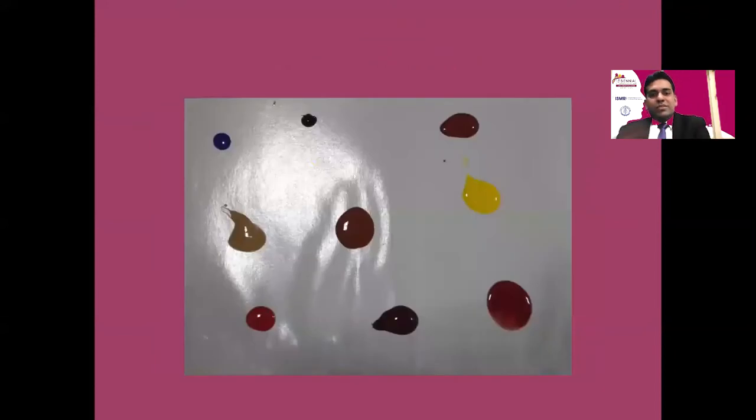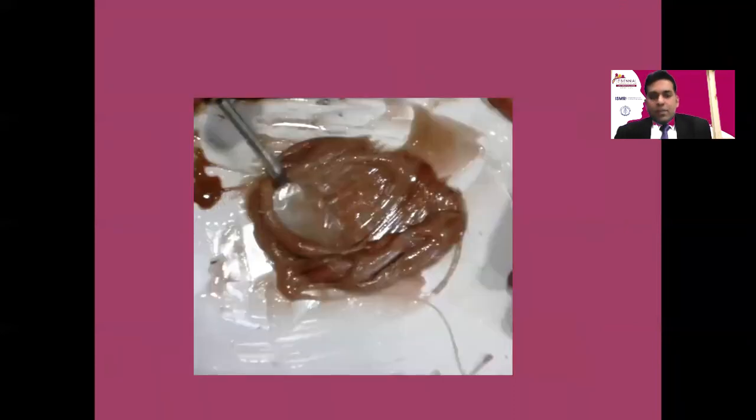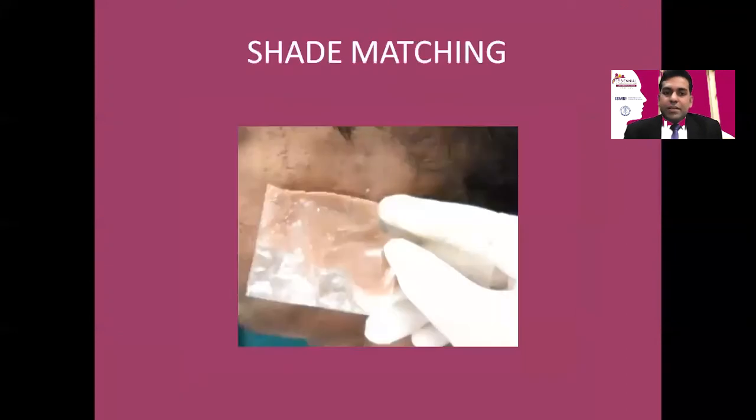So you can use these various colors as I have shown here in a stepwise manner, and they will help to achieve the precise color matching. Now, this is how it looks when you add various intrinsic stains to the silicone impression material.